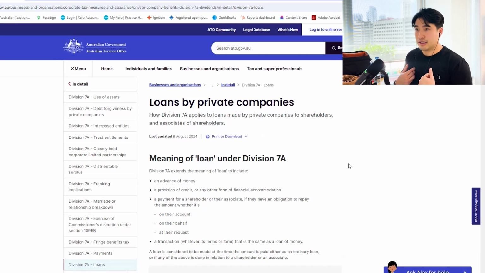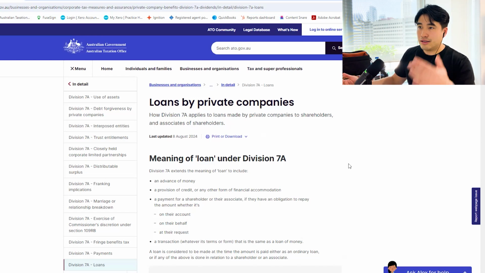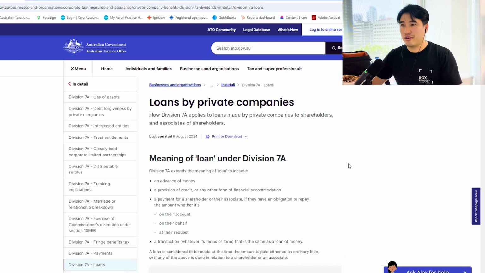The way we talk about Division 7A is that we're just drawing money out of the company. How do I draw the money out of the company and not pay tax on it? Whereas the ATO is saying, if you've taken money out of the company, you're paying tax on it. So that's their perspective. And then our perspective is we drew money out, we're not going to pay tax on it because it's a loan. But the ATO says that this money that you've taken out is not a loan, it's an unfranked dividend. It's money that you've taken out, so we're going to make you pay tax on it. So their stance is that they're not going to teach you how to take money out and pay no tax. And your stance is, I've taken this money out, I don't want to pay tax on it.